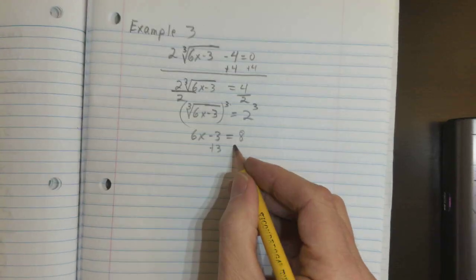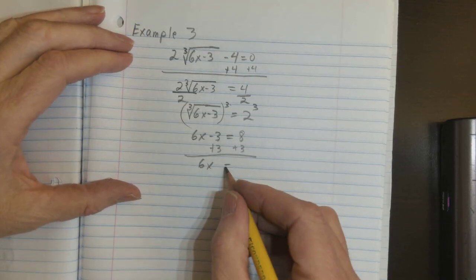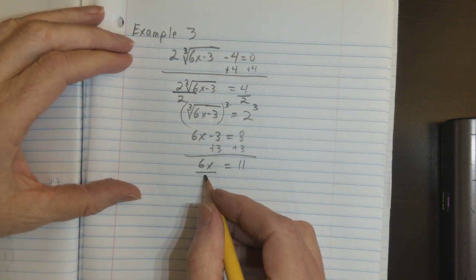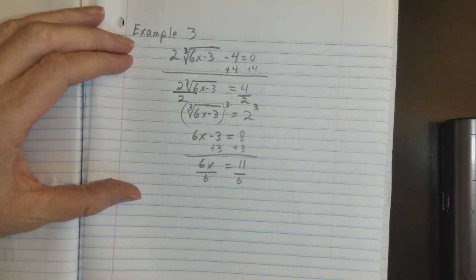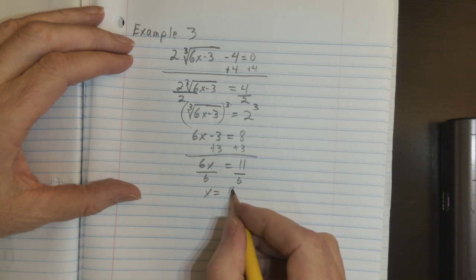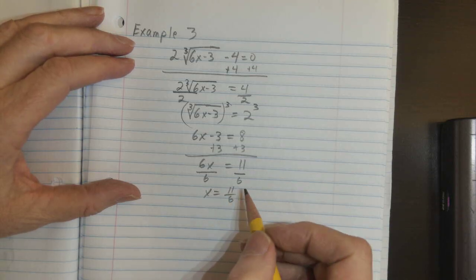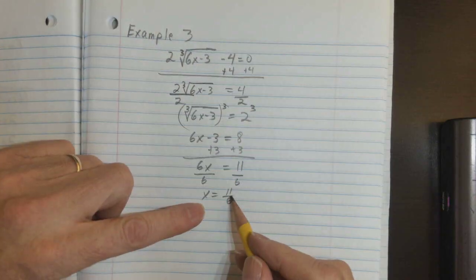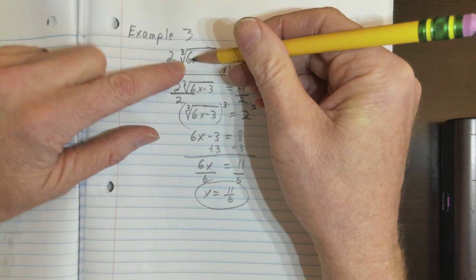And I'm going to add 3 to both sides. I get 6x equals 11. And divide by 6. And x is 11/6. And it's not as bad as it looks. To check it,